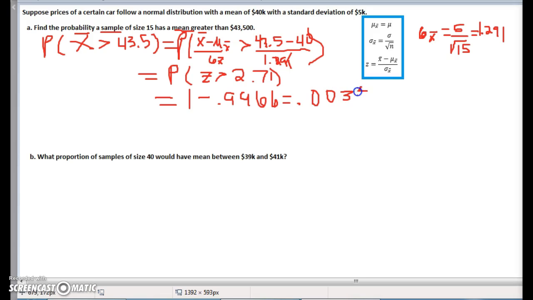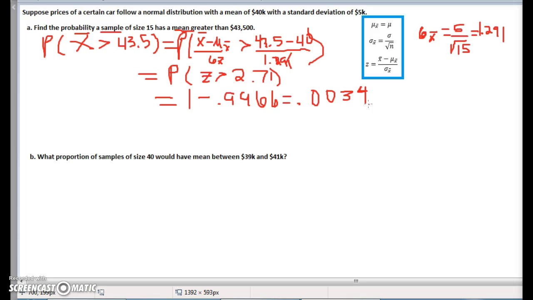So if they ask, would this be unusual? The answer would be yes, because it's less than 0.05, which, remember, is the rare event rule. So it would be unusual, with a sample of size 15, to have a mean greater than